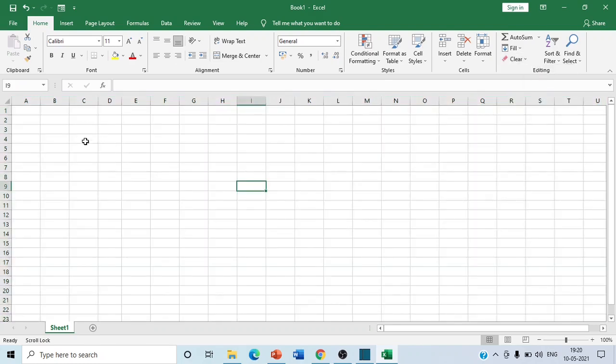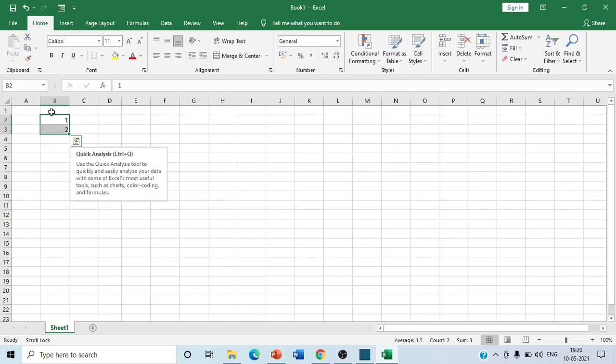Now we will learn some important things about Excel, like predefined series. Many series are there. For example, we enter 1 and we write 2, counting numbers 1 and 2. We will select both of them.